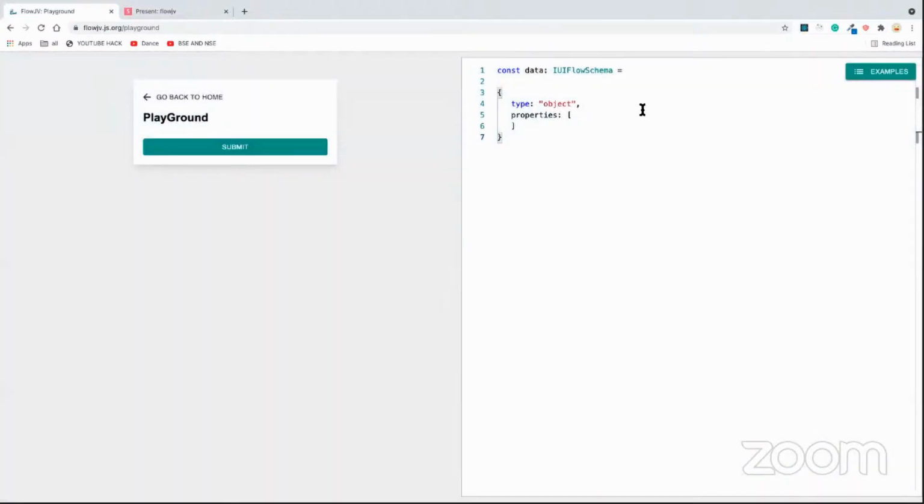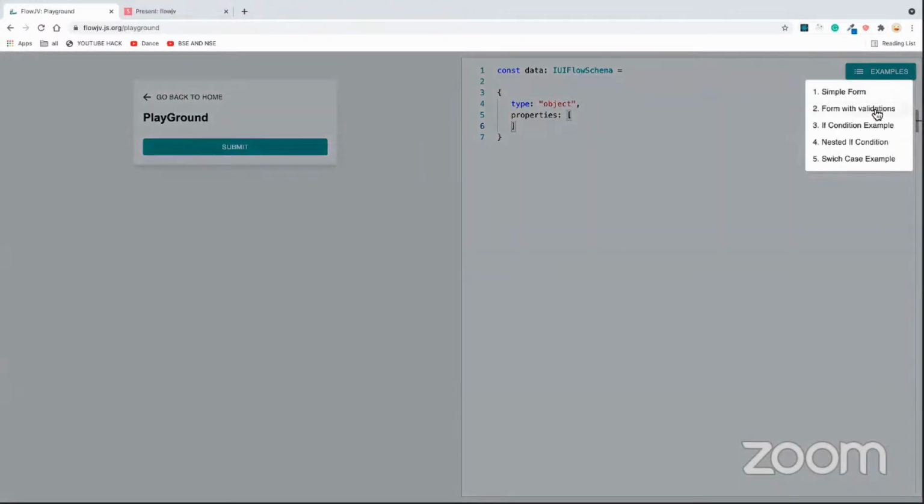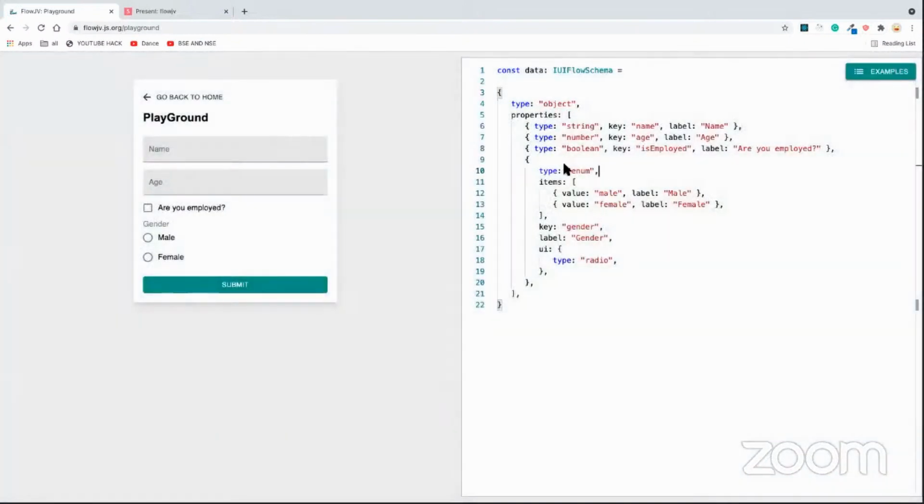A simple form is nothing but a schema with an empty object. So this is directly a submit button. Now let's suppose I want a simple form. This is how it looks. We are defining all the schema, and then accordingly this gets rendered.